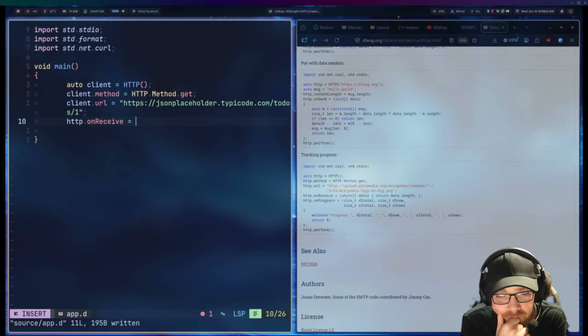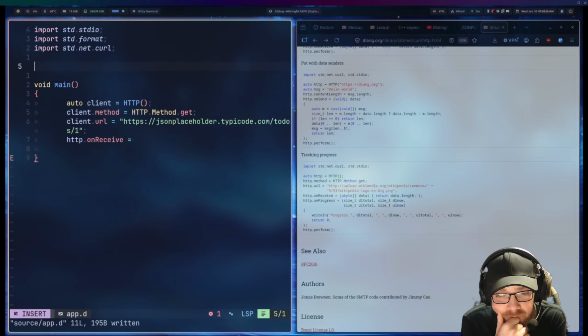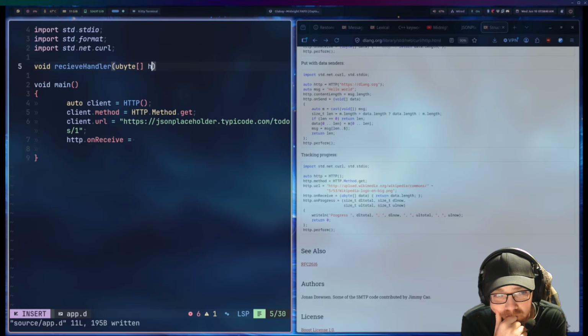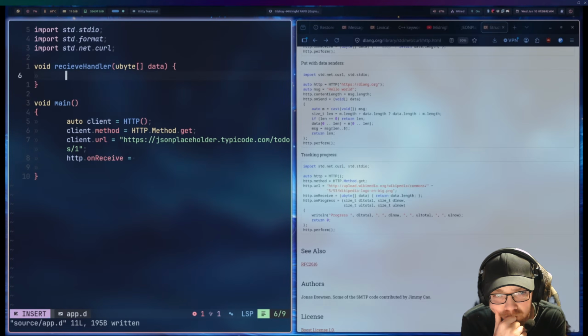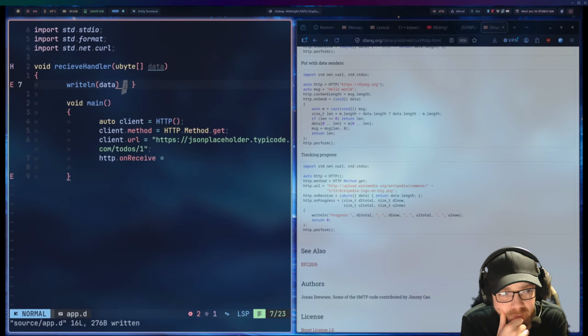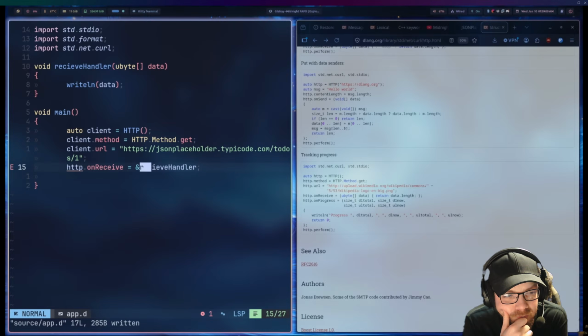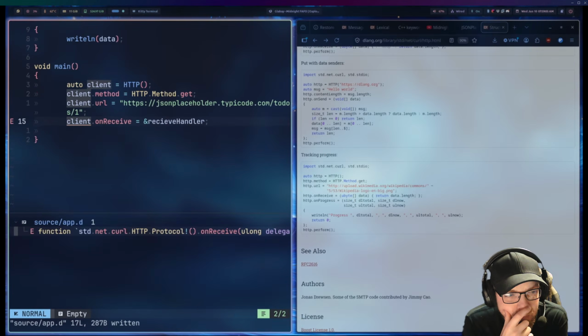And then on receive. I need to pass it a function which gets a byte array data. So let's say receive handler. Let's put it void, unsigned byte array data. And I want to writeln data. Semicolon. There we go. On receive equals receive handler. I don't think it's client. Okay, and then